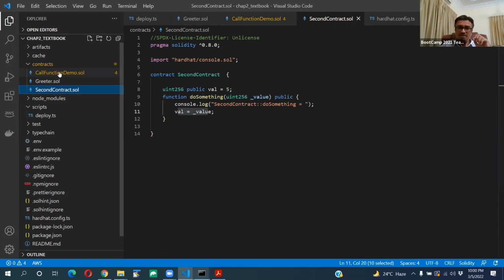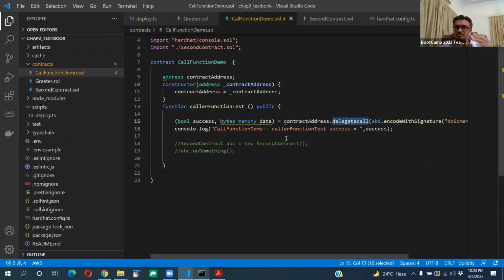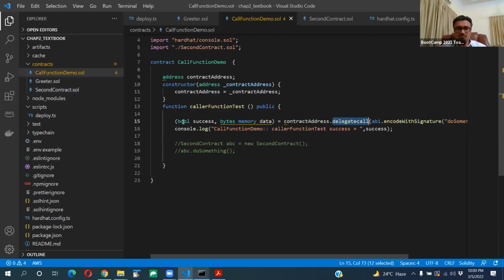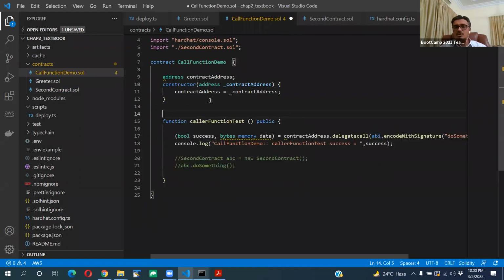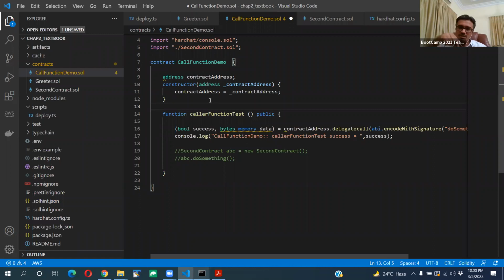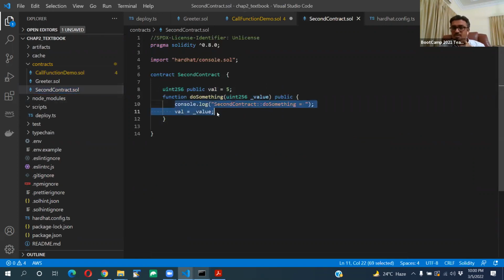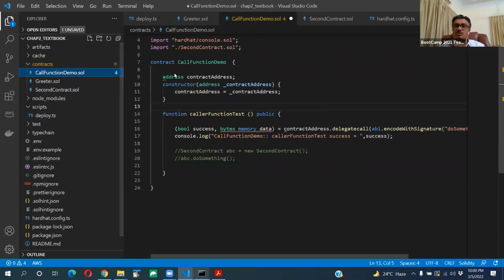Whereas when we issue a request with delegate call, that means we are actually accessing this function, and it will be part of this contract. It will be like you're calling a function within the same contract. So delegate call will make that function part of this current contract, and it will execute in the context of this contract. And whatever changes happen in this function will actually update the state of this contract,